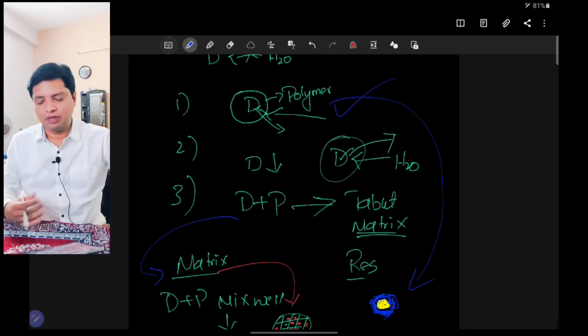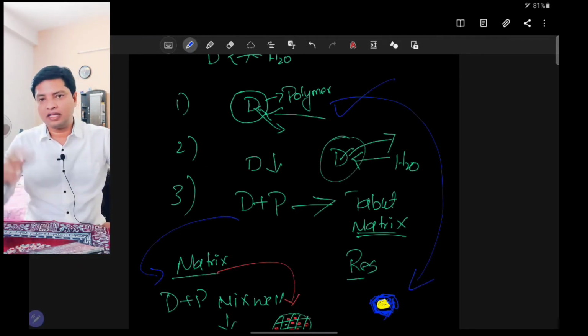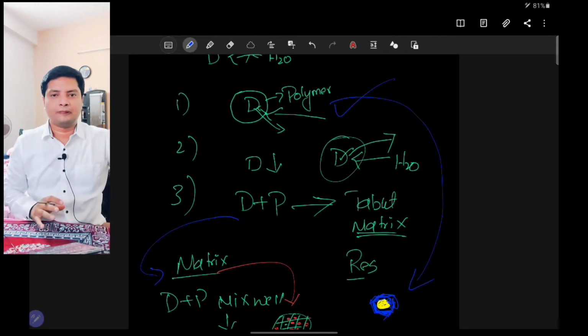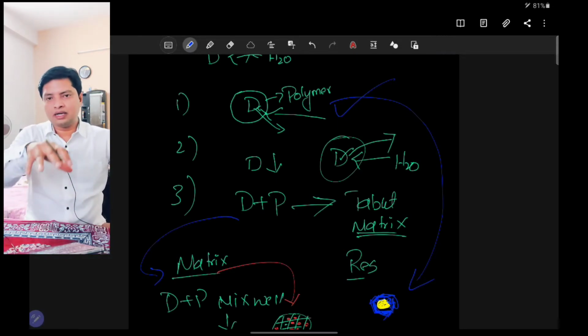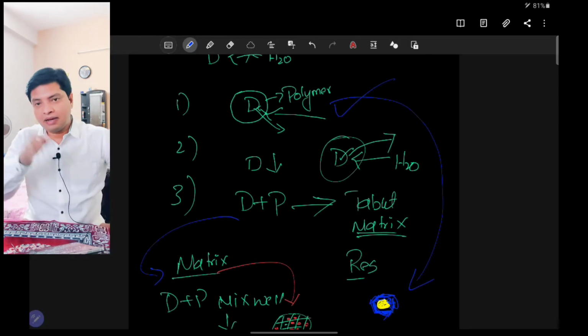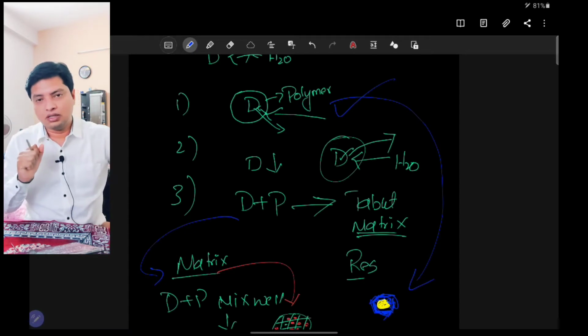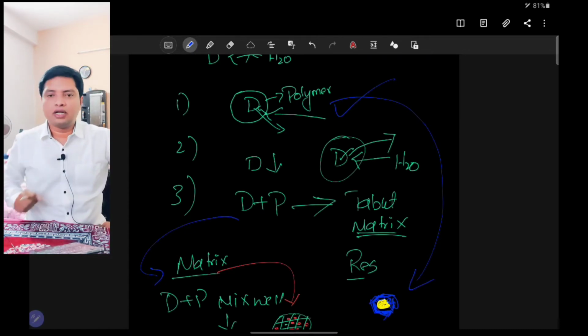The second example is regarding the drug. The solubility of the drug is controlled here. This is how we can achieve dissolution control. Remember, dissolution control means you are controlling the solubility of either the polymer or the drug. Once water enters the formulation, only then will the drug get solubilized and come out. If you can restrict the entry of water, either by the polymer dissolution or by the dissolution of the drug, then you can control the release of the drug.